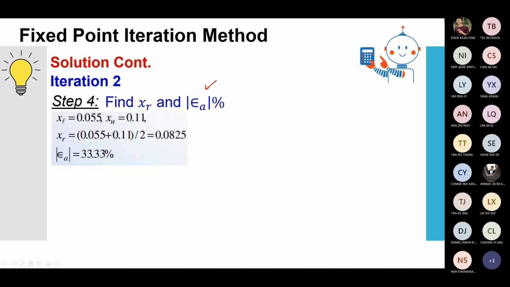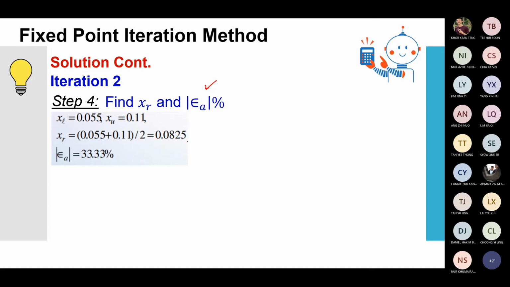All right, now next. Once you find that the new XL is 0.055, and your upper limit still remains the same, which is 0.11, you need to look for the new XR, the new estimate of the root value. Again, you take the lower limit of 0.055 plus your upper limit 0.11, divided by 2, and you get the new XR, which is